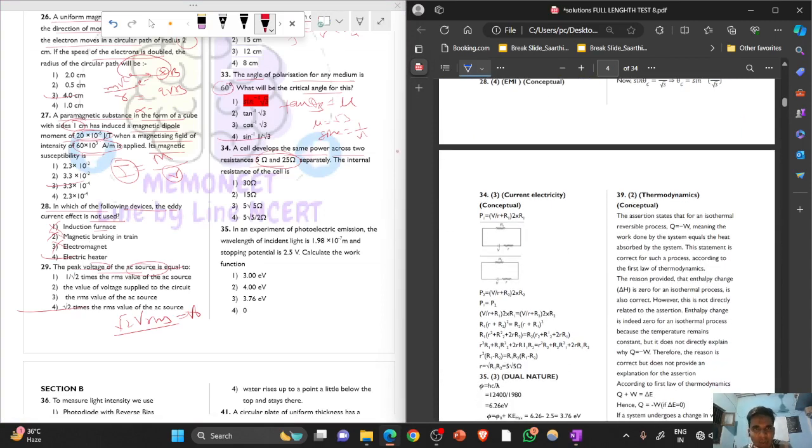A cell develops the same power across two resistors separately. The internal resistance is what it is asking about. Okay, that means there are two resistors. One is 5 ohm and the other is 25 ohm. If you connect this with a cell, and if you connect this with the cell, okay, it is the same cell. Internal resistances are